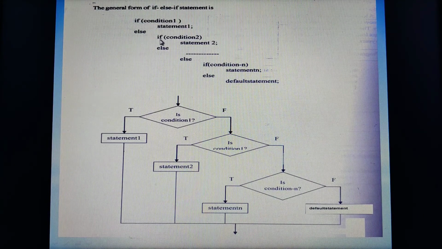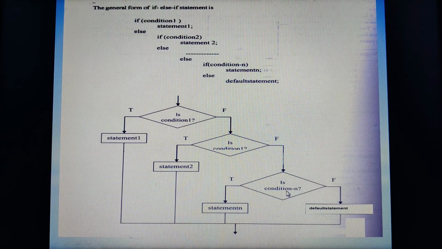What is there in the else part? There is another if statement. So what is the definition of nested if? An if statement that consists within another if statement is said to be a nested if. Again, as per this, if condition 2 is true, statement 2 will be executed.